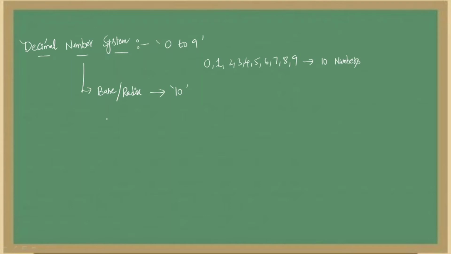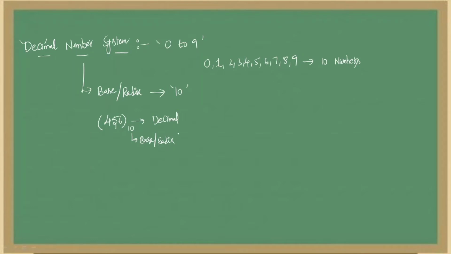So this is a simple way of representing a decimal number with the base 10. If I want to represent the number 456, I keep this number in a parenthesis and write the subscript as 10. You need to understand this as a decimal number because the base or radix is mentioned here. This is the base or radix and this is the actual number. The actual number contains any values from 0 to 9. From 0 to 9 there are 10 numbers, hence the base or radix is 10. This is the way of representing a decimal number.